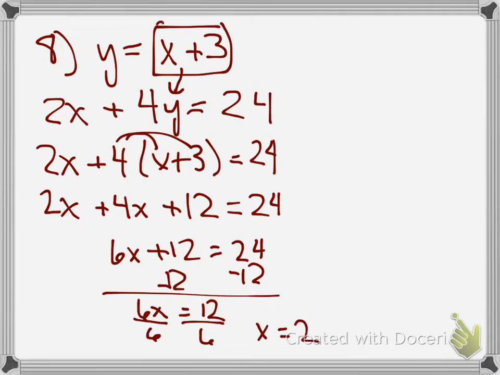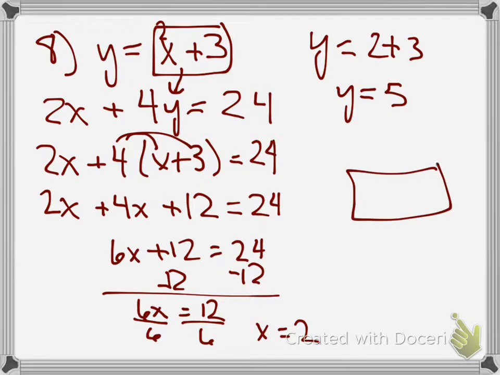You take that 2, put it back into the other equation. 2 plus 3 equals 5. And there's your second answer, 2 comma 5. And simple as that. So it takes a little while to get to the x, but it's pretty easy to get to the y. Number 9,